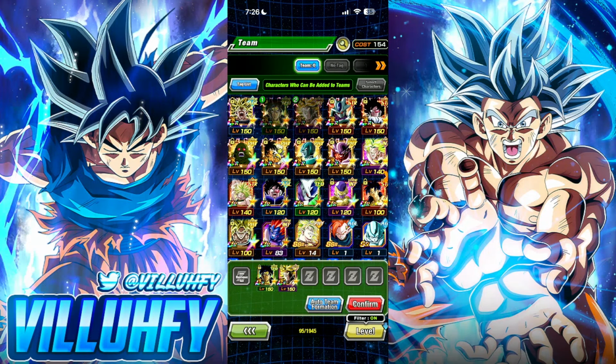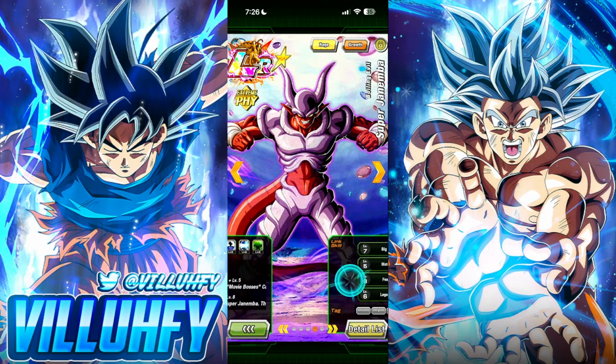This is another character you could potentially throw in slot 1 in specific events, but just in terms of linkage and stuff like that, that is what I want to do. So now that we have that, we need to move on to the next rotation. Now, this next rotation, we are going to form around LR Janemba. Now, with Janemba, this specifically is going to be a character that has a link that we want to emphasize,